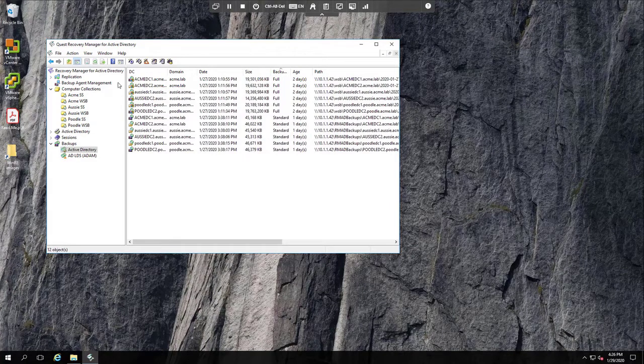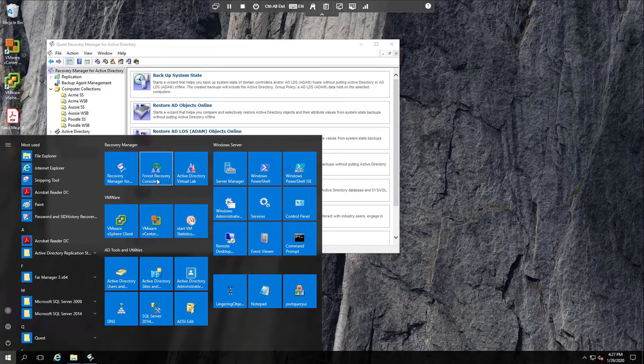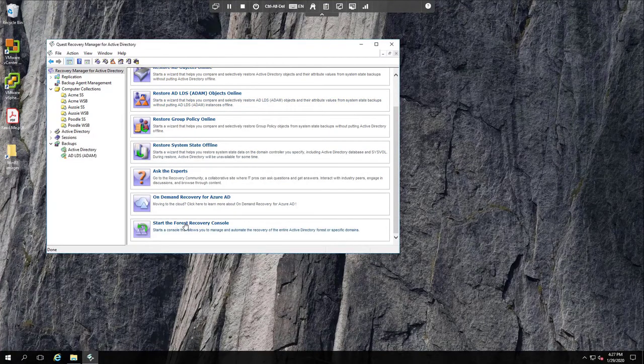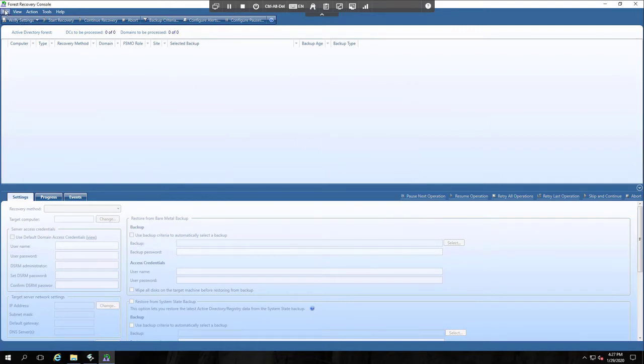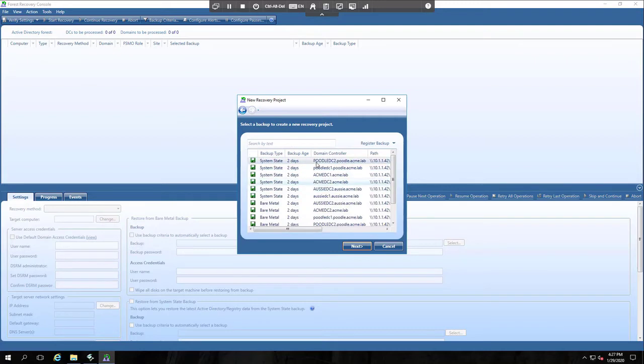So I've got backups. Let's launch the Forest Recovery console. Now I can do that one of two ways. I can either go to the Start menu, and I can just launch it from here, or on the standard console, I can slide down here to the bottom, and there's a Start Forest Recovery console link as well. When you first start the Forest Recovery console and you don't have a project, it'll immediately ask you to create one. And you can pick select a backup. If you don't get this, if you had another project show up, you can simply cancel out of it and hit file new project if you want. Both things will do the very same thing. It'll get you to the backups that are there.